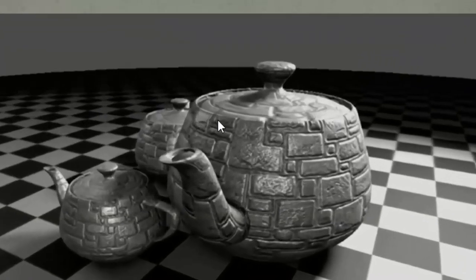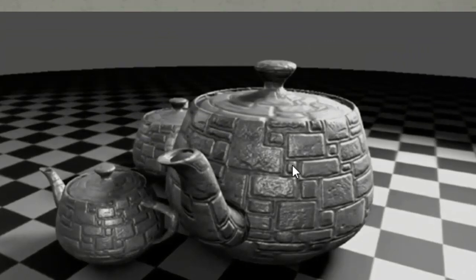Here we can see that this kettle is a 3D model, and a metallic material is applied, but this brick type of texture is also applied on this kettle. So by using this material and textures, this 3D model of the kettle looks like a real model.